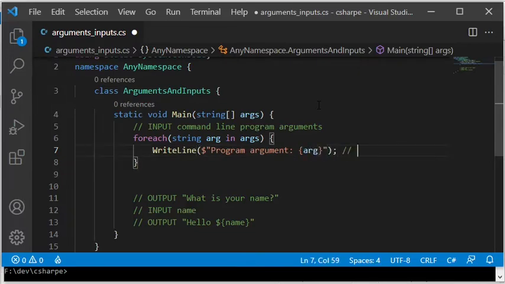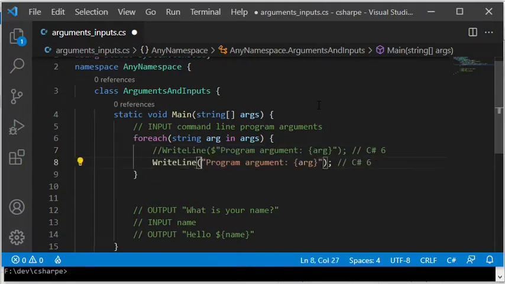When creating the output string, I am using string interpolation introduced with C# 6. An alternative, which also works for older C# versions, would be to concatenate the strings with the plus sign.